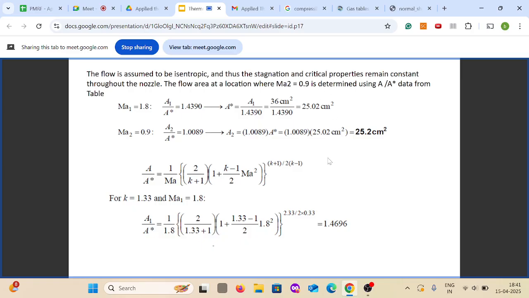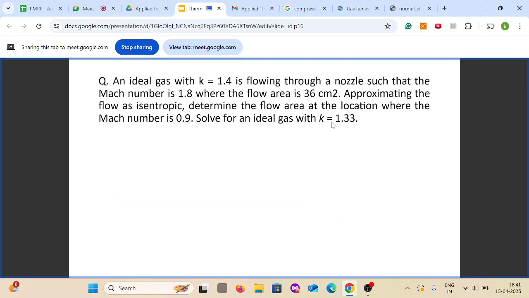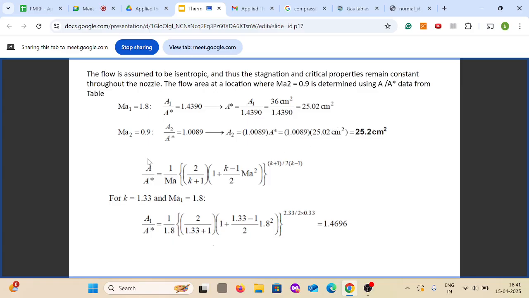Similarly, when we assume the gas to be ideal with a gamma value of 1.33, the area ratio is written as A by A star equals 1 by Mach number into [2 by gamma plus 1 into (1 plus gamma minus 1 by 2 into Mach square)] raised to power gamma plus 1 divided by 2 into gamma minus 1. For k of 1.33 and Mach number of 1.8, substituting the values, it comes out to be